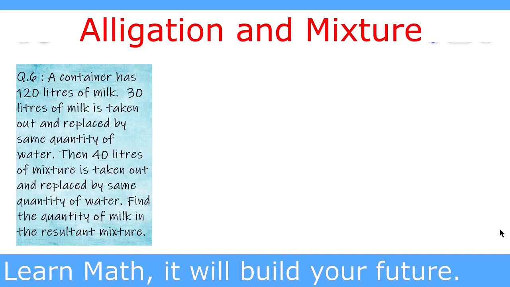The final quantity which is asked of us, we write F equal to initial quantity into 1 minus R1 upon initial quantity or total quantity, into again 1 minus R2, which is the second time the quantity we are withdrawing, upon total quantity. This way we can modify this formula. Instead of writing the power n, we write 1 minus R1 upon total quantity into 1 minus R2 upon total quantity. So the final quantity in this case is, the initial quantity is 120 liters.